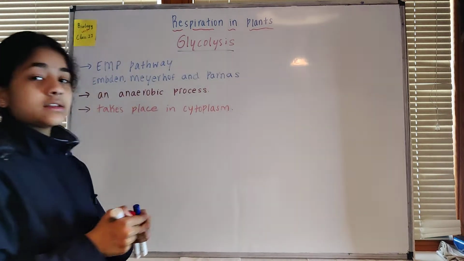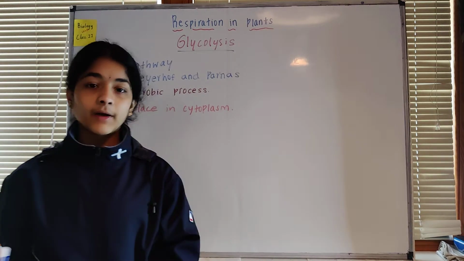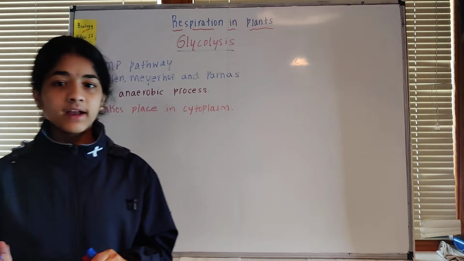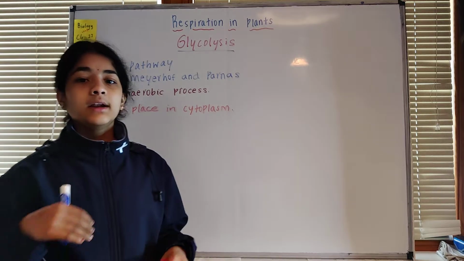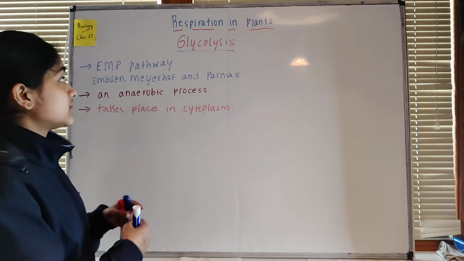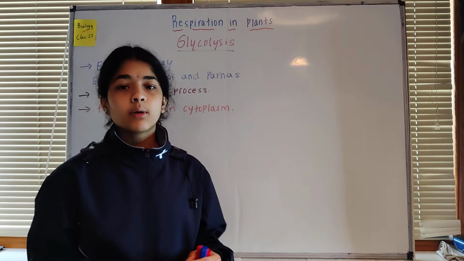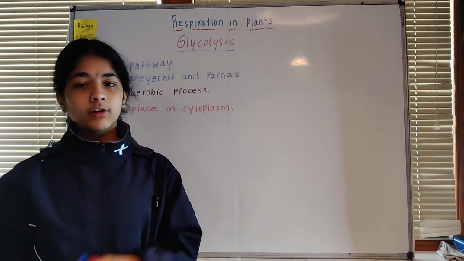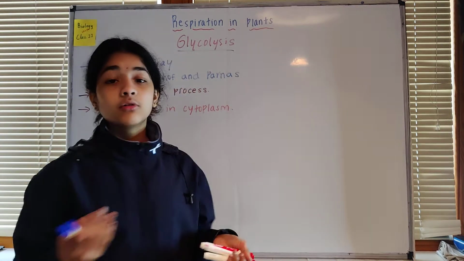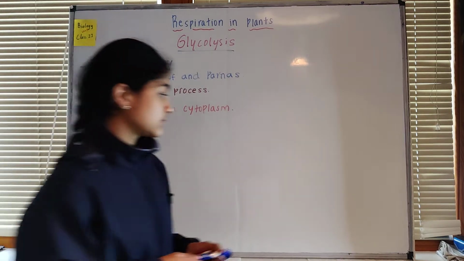Now, what is glycolysis? Glycolysis is the conversion of glucose into 2 pyruvic acid. This conversion is not a single step process. It has 10 sub-steps. We'll take all those 10 steps and see what enzymes are required to convert each compound into another compound, and we are also going to count the ATPs which are synthesized at the end of the process of glycolysis.